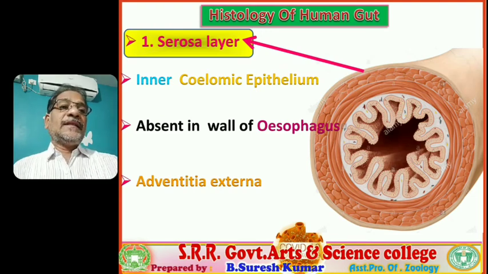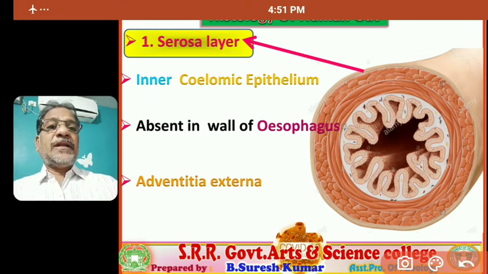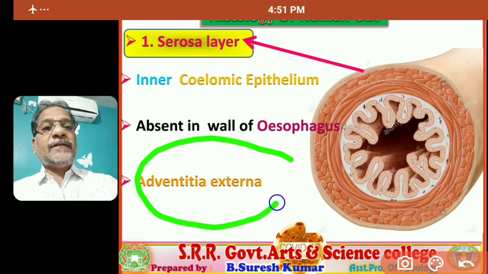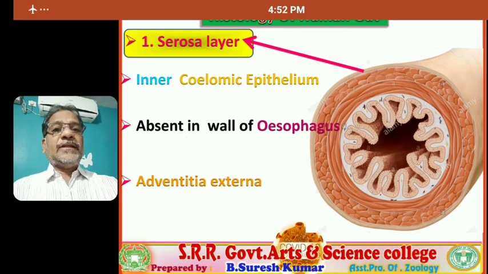So this is most important, asked in entrance examinations. From the stomach up to the rectum we find the serosa layer, but in the case of the esophagus, at the place of serosa we find adventitia externa. Followed. Right. Next,